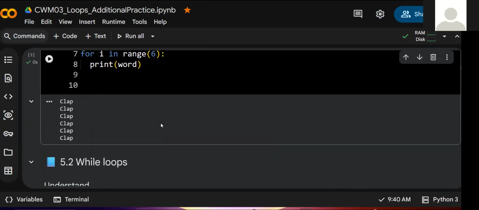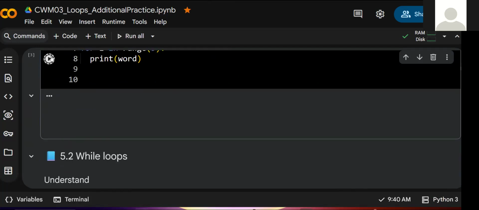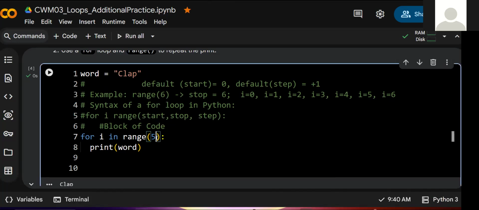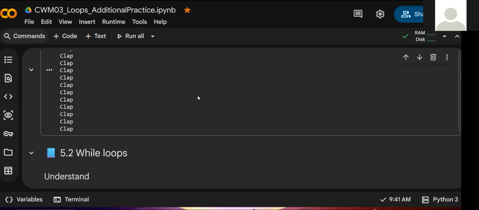And now we should see, oops, I said it was inclusive and I still kept it in. It's meant to be 5 in here because we want it to only print 5. All right, so now we have 3, 2, so we have 5 claps here. If I wanted to, I could even put 100 and it will go ahead and print that out for me